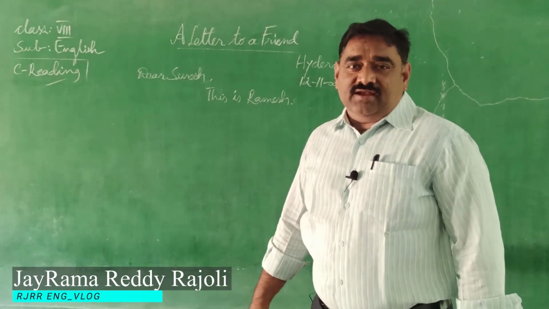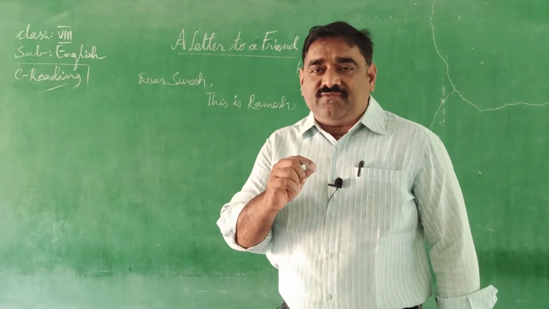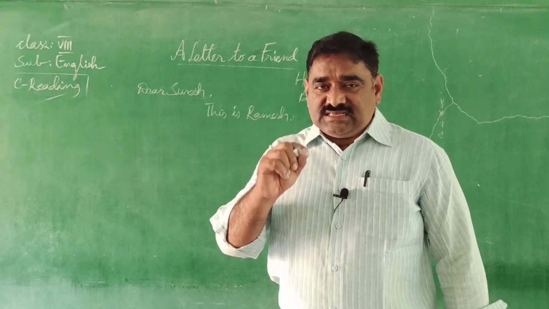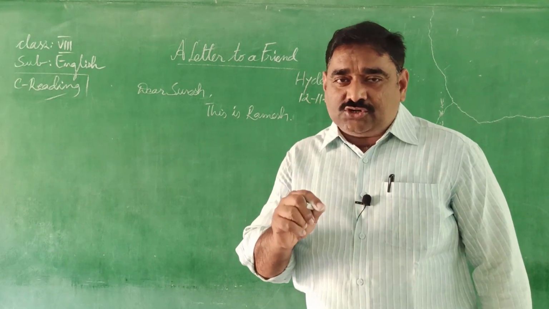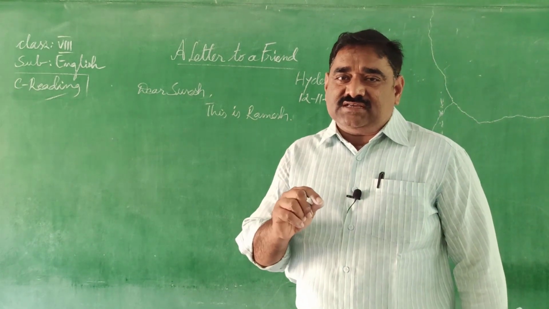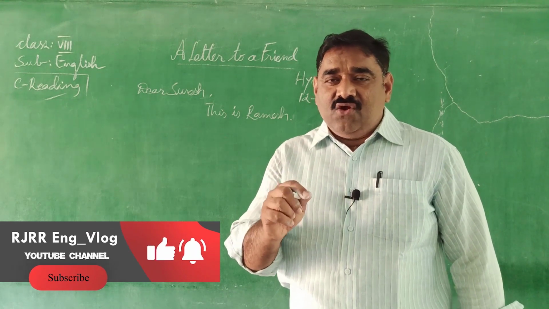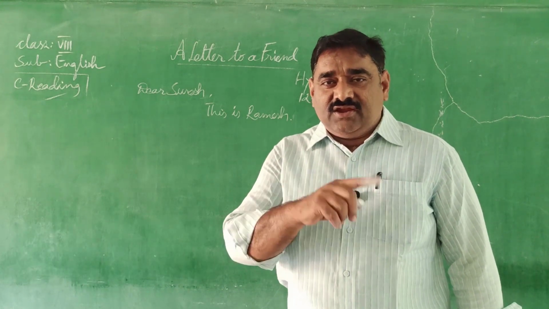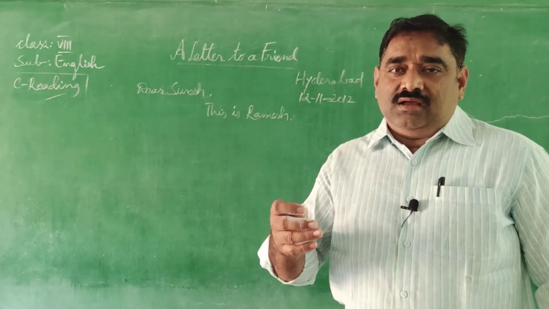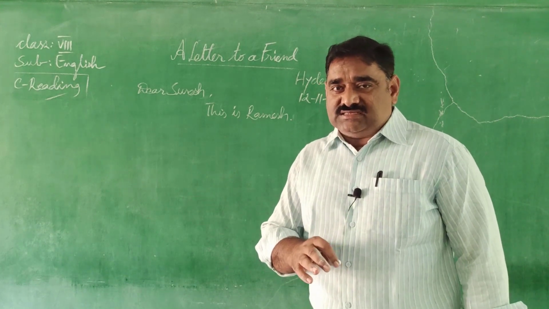A letter to a friend. All of you be on page number 15. We have given a letter in the form of a reading passage. We are going through this reading passage now. Already I told you what a letter is, and that there are two kinds of letters. Each letter has a format: formal letter and informal letter. Formal is nothing but an official letter. Informal is nothing but a letter to friends and relatives. I gave you the format of an informal letter even in the earlier class.